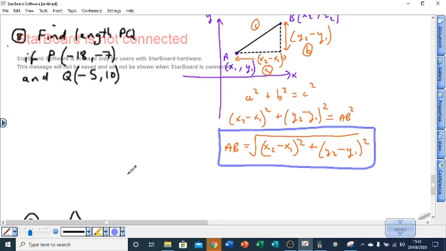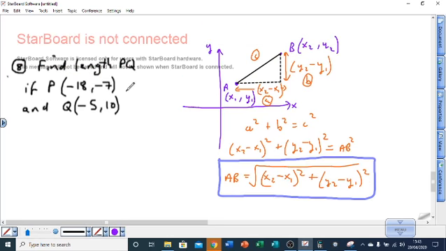So we don't need to draw any sketches from now on. We can just plug this information into here. So here we go, I'll show you how to use it now. If we call this coordinate 1 and call this coordinate 2, then what the formula says is the distance P to Q, it doesn't matter which one you call 1 and 2, is equal to the square root of x2, that is the second coordinate, and there's my x. It is minus 5, take away x1, well that is my coordinate 1, and there's my x coordinate of coordinate 1, so it's minus 18,